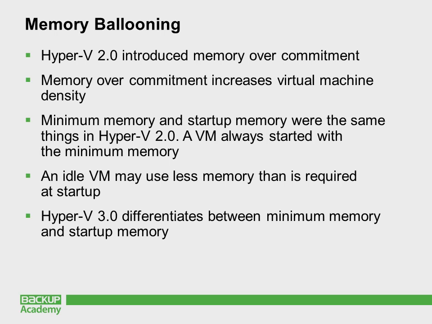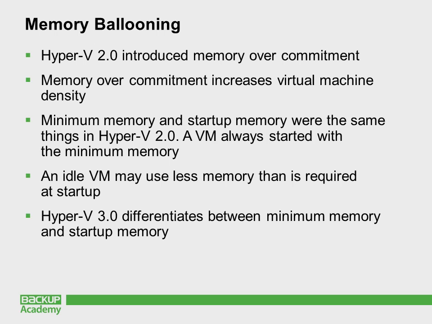So I want to talk about those two features first and talk about how Hyper-V 3.0 builds on what was already there with Hyper-V 2.0. So memory overcommitment still exists with Hyper-V 3.0, and the reason why that exists is because memory overcommitment allows you to allocate more memory to your virtual machines collectively than what's physically present within the system. By doing this, you're able to increase your virtual machine density and improve your overall return on investment for your server hardware. Now, that's great, but memory overcommitment had one fatal flaw within Hyper-V 2.0, and that fatal flaw